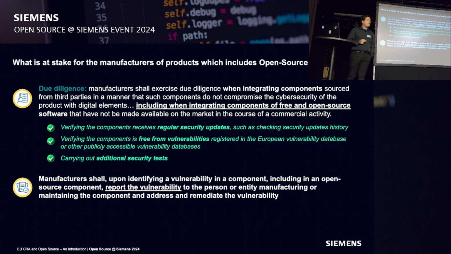Now, there is also a potentially positive aspect for boosting the security of open source. You can expect this in the market. We are now using components from open source, for example, but also non-open source from other companies. So if you are a manufacturer, you want to ensure that the component you put inside your product is secure and doesn't have vulnerabilities.